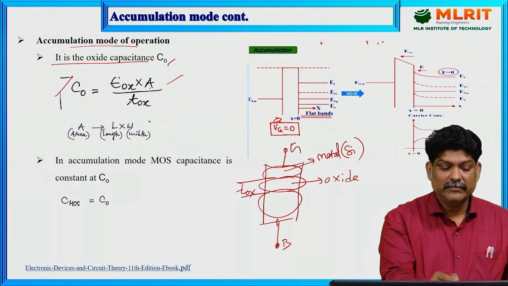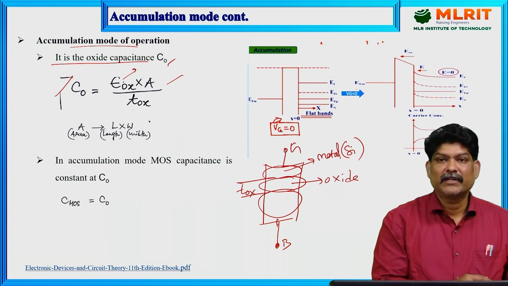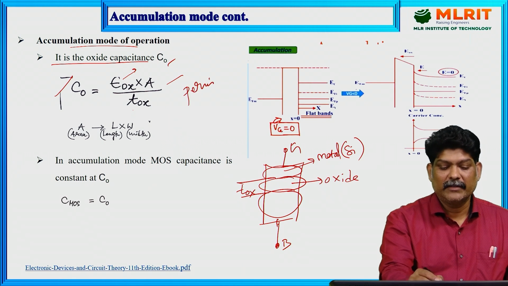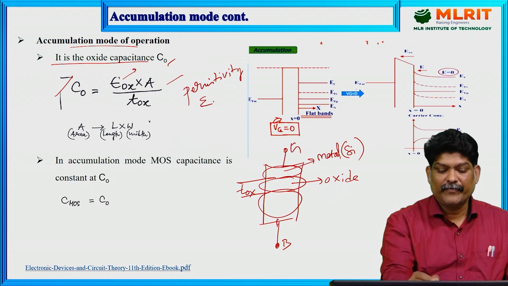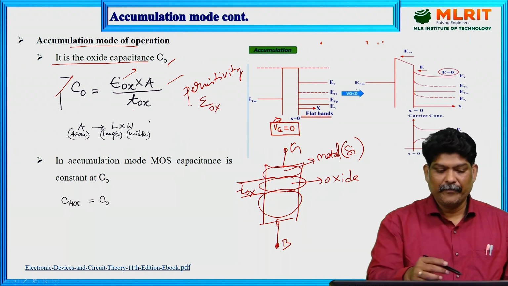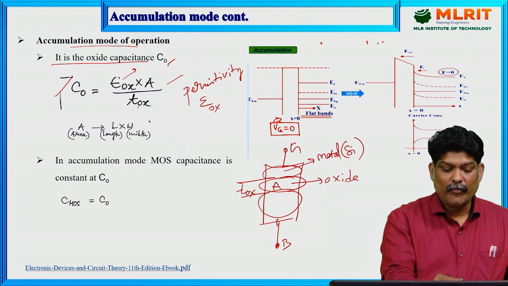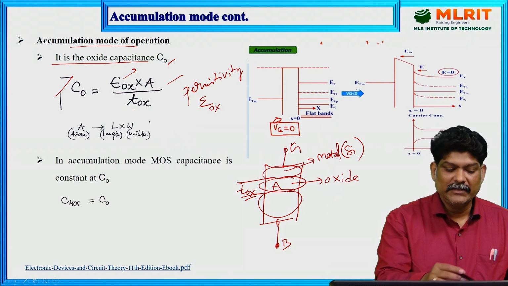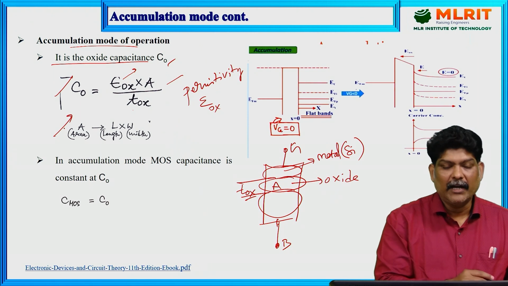epsilon ox by t ox times the area. What do you mean by epsilon ox? It means the permittivity of the oxide, a material constant. So epsilon ox is the permittivity of the oxide layer, into the area of the oxide layer, upon the thickness of the oxide layer. That is given by the oxide capacitance. And how do we get the area? Area is